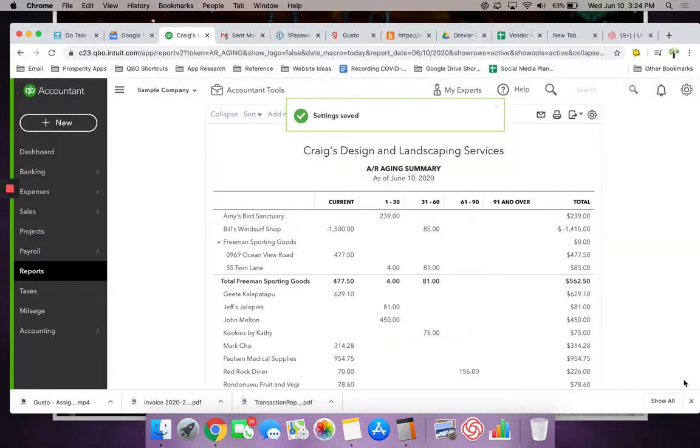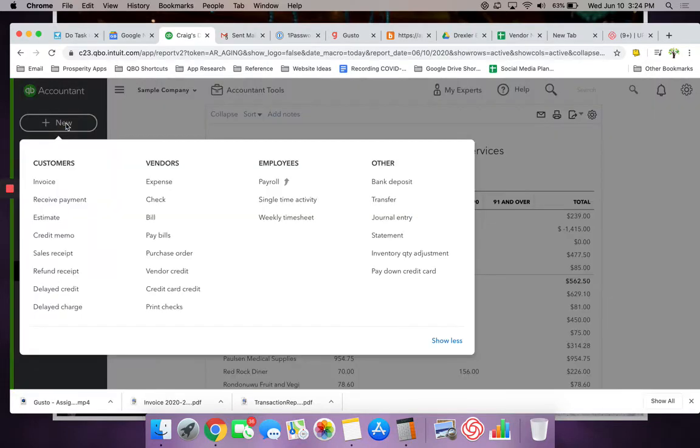So now a customer is giving me $1,500, and instead of just receiving the payment and creating a credit on their account, what I'm going to do is use a non-posting transaction to get the job on the books, if you will, but not have it actually recording on any of my financial statements. So the first thing I want to do is create an estimate. So if you click New over here, an estimate,